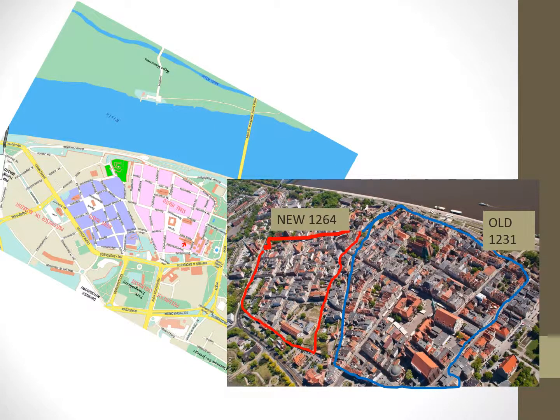So here we can cast an eye over Torun, where we're going to study trip, of course. You'll see on this slide on the bottom right an aerial view, and on the top left, what are the free tourist maps that you'll get in Torun. At the top, you'll see the river Wisła, Vistula. If you look at the right here, you'll see outlined in blue, this is the so-called old town of Torun, founded in 1231. And in 1264, you have the foundation of this so-called new town, outlined in red.